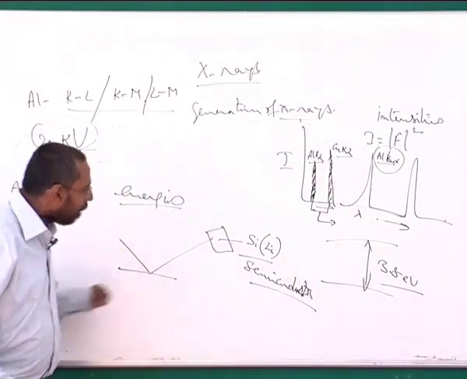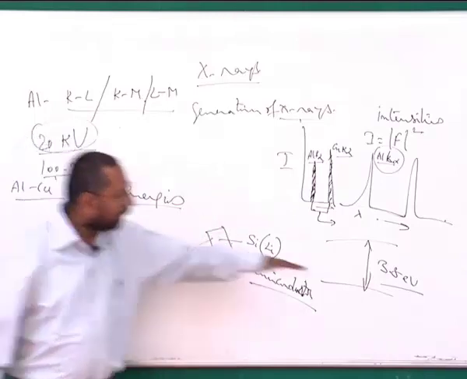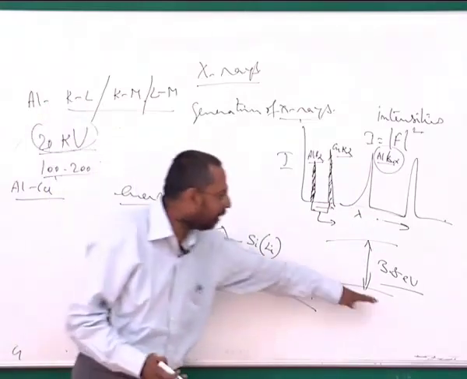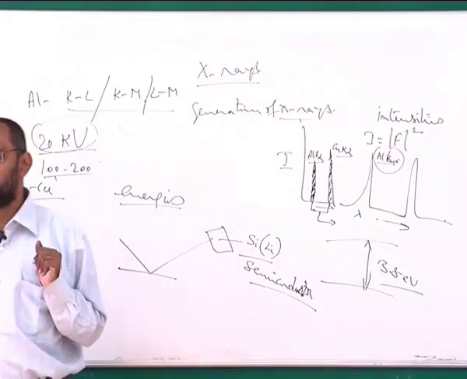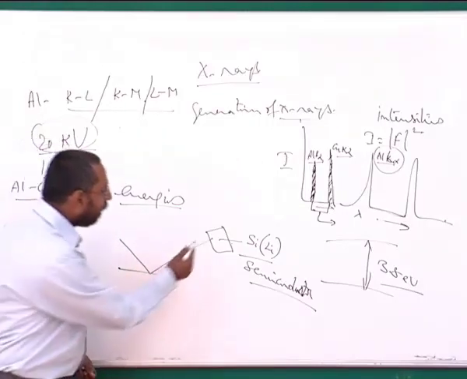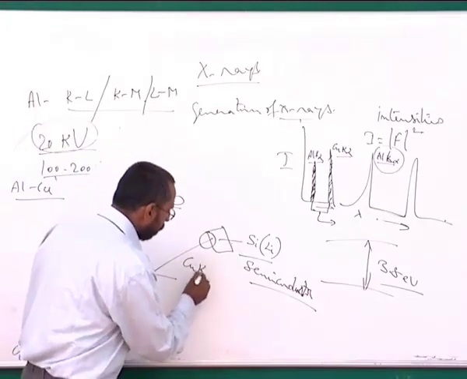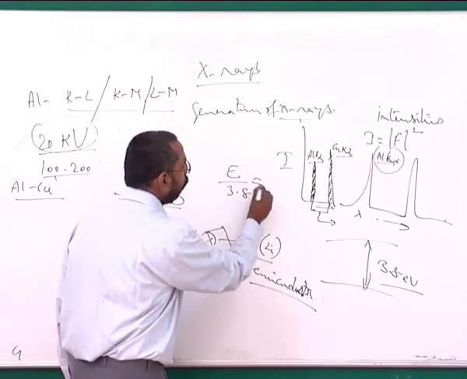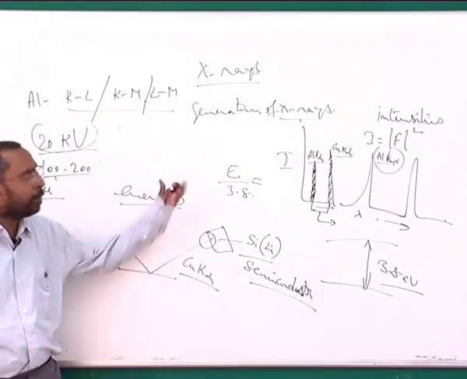So the moment you have an X-ray with a certain energy coming and falling onto this, it can take an electron from a valence band to a conduction band. So it can excite the electrons in the valence band and take them to a conduction band, and can generate what are called electron hole pairs. And the number of electron hole pairs that get generated is going to depend on what this energy is. So if a particular X-ray, let's say copper K alpha, is coming out with a certain energy called E, that E divided by 3.8 is going to tell me how many such electron hole pairs are going to be generated.